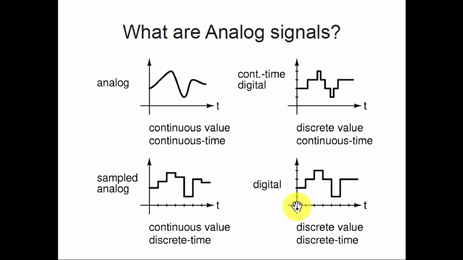Finally, you could have discretization along both x and y axis, that is, the signal changes only at discrete instants of time, and it also will take on only discrete values. This is known as a discrete time discrete valued signal, or more commonly as a digital signal, and you would be familiar with a particular variant of it, where there are only two possible values along the y axis. That is a binary digital signal, but that is what you would normally call a digital signal. Okay. So, this is an analog signal and this is a digital signal, and analog circuits are circuits that process